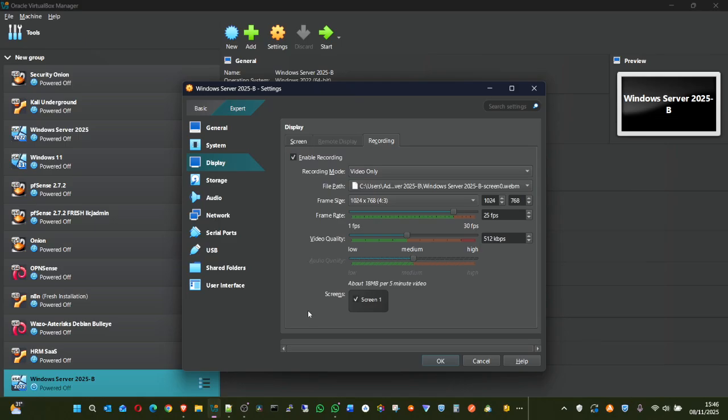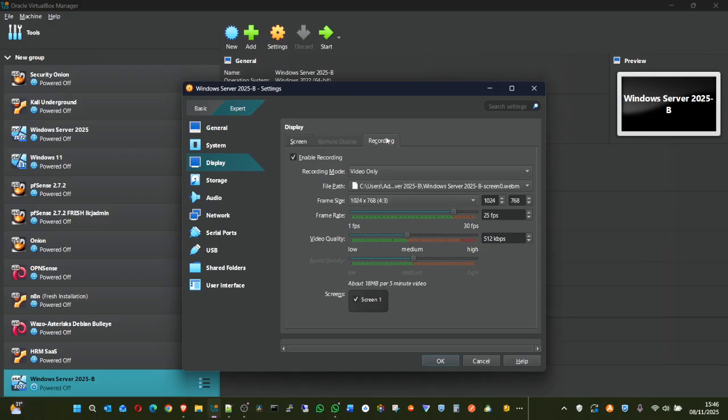Maybe somebody is working on one VM, maybe you give it to a vendor, and that vendor is to install some application on your system and you want to monitor what that person does. You can turn on this recording and this will be recorded to a specific location. So you can have a replay back of what that vendor did, so you can have a full understanding of everything that takes place. And that is a very good option.